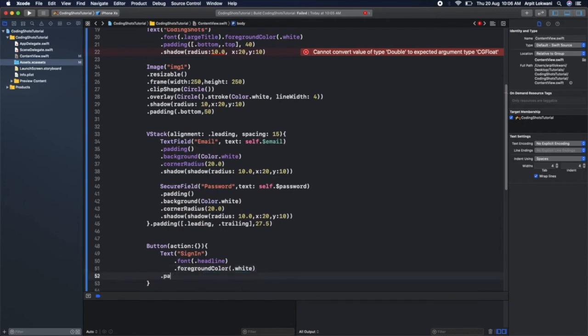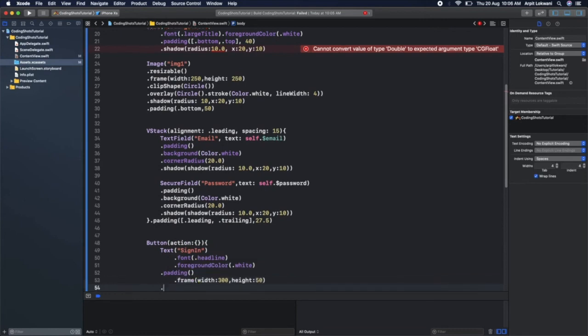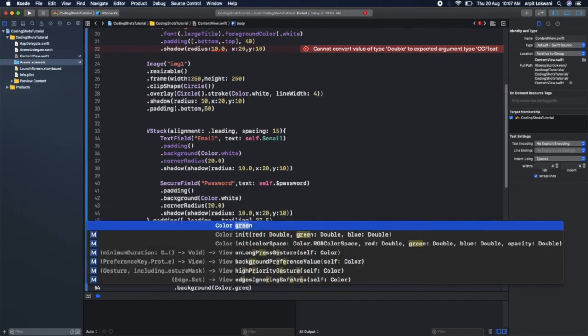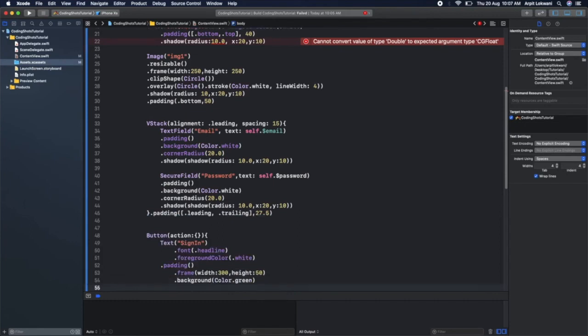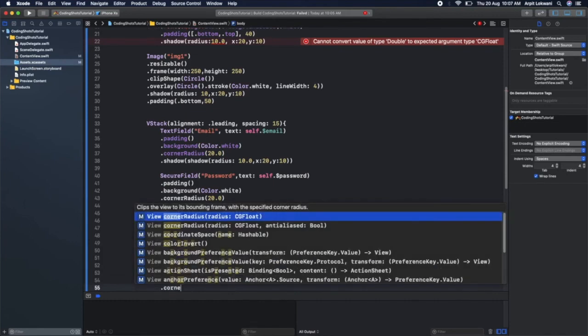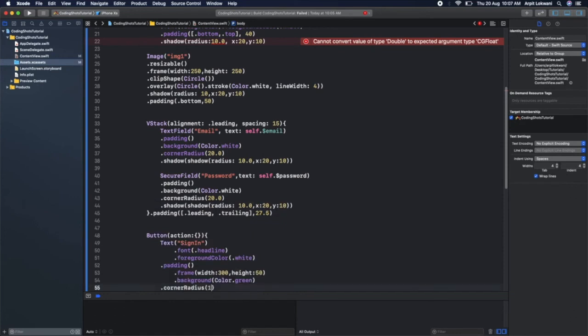And similarly we can add some padding also. Some constant is not required inside that. We can say some frame. Okay, so frame we can say width should be 300, looks fine, and height not too much, actually 50 will be okay for me. Fine. And dot background color also we can set, which is simple one, green color will be fine. Color dot green. Okay, and corner radius. So we can give some float value,